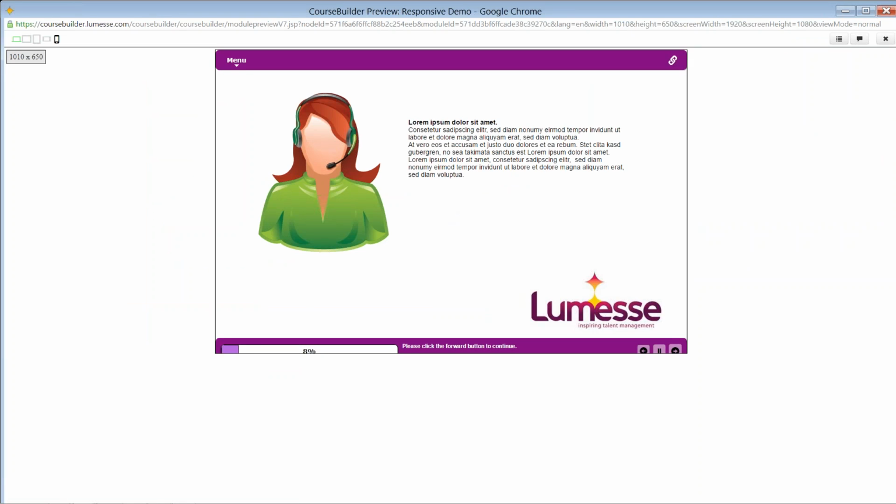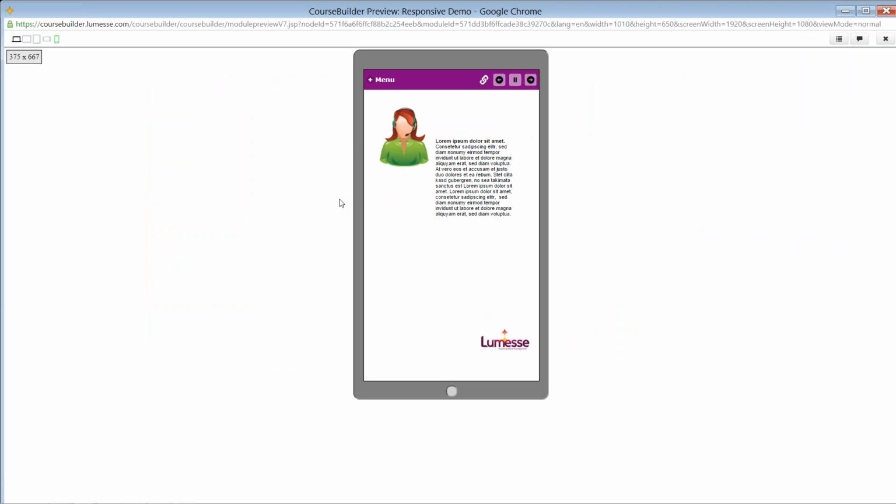Exactly as you would expect. And I can switch that to the phone version and see how it looks. You'll notice that the default is that the content automatically scales down to the smaller size of the phone screen,